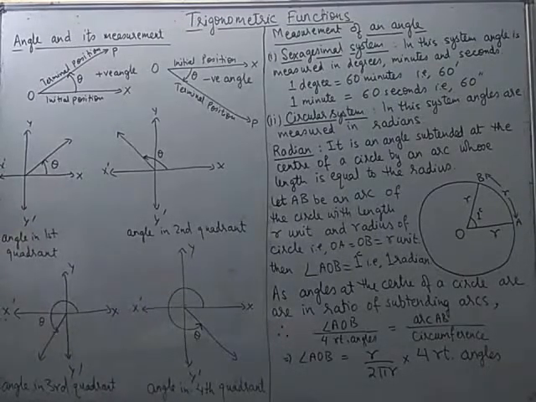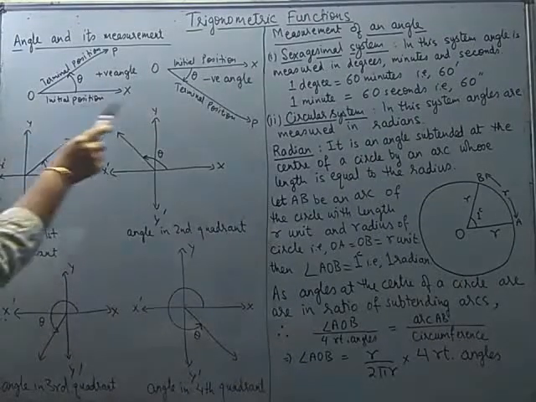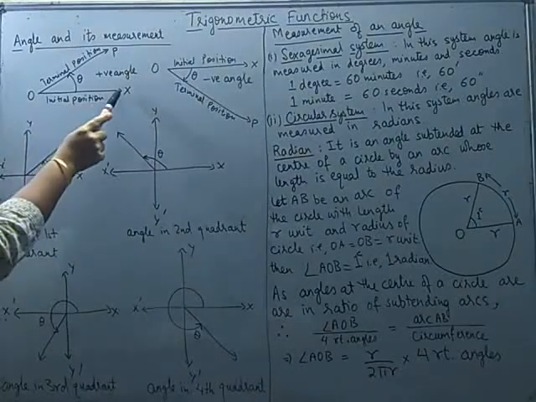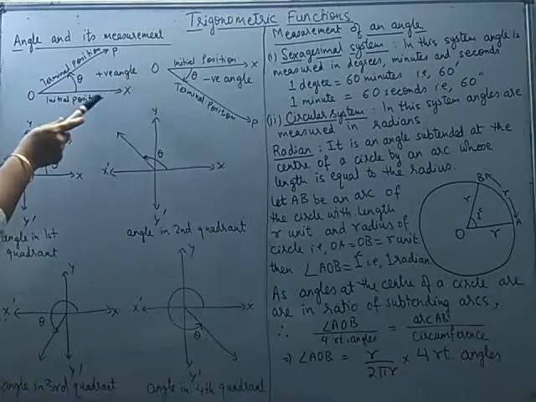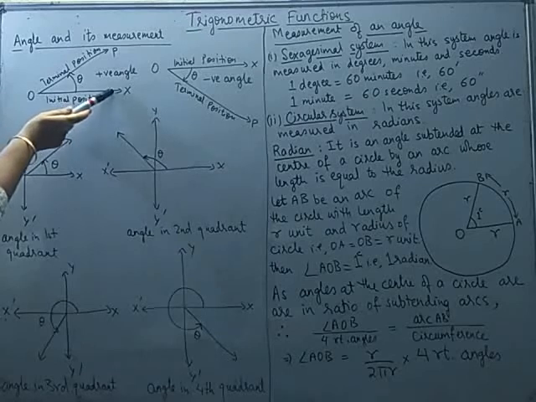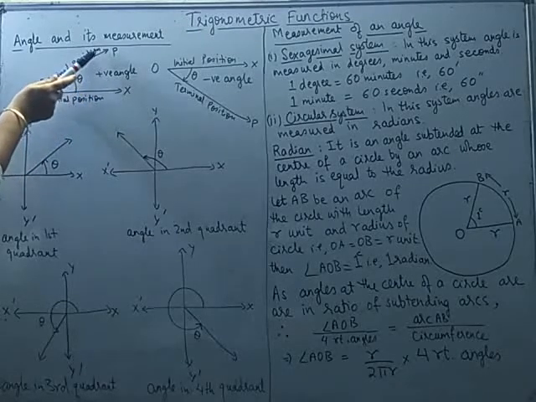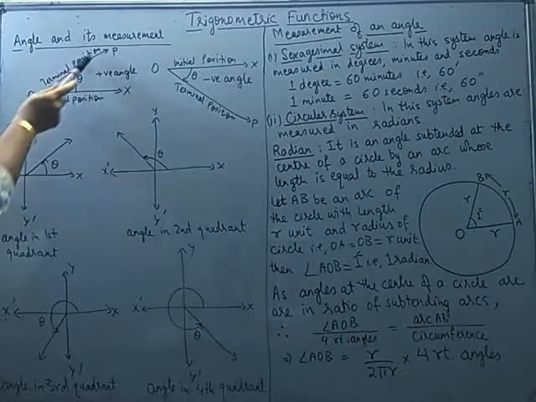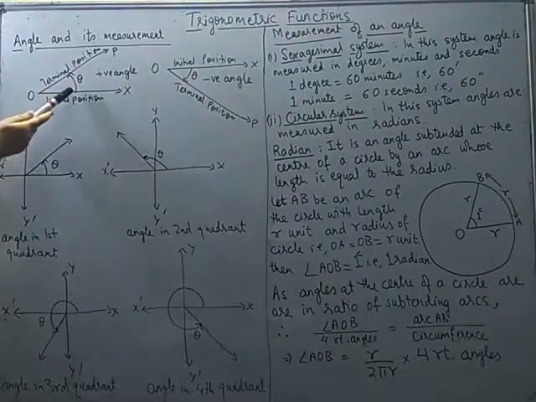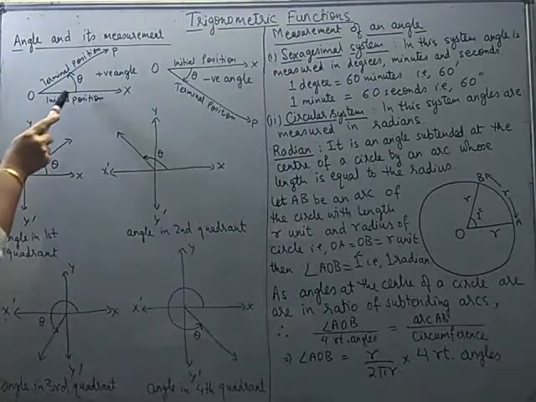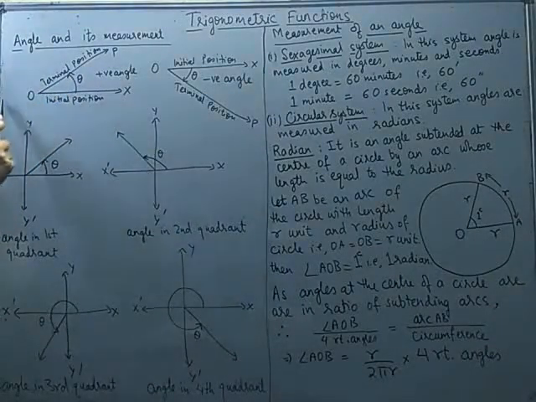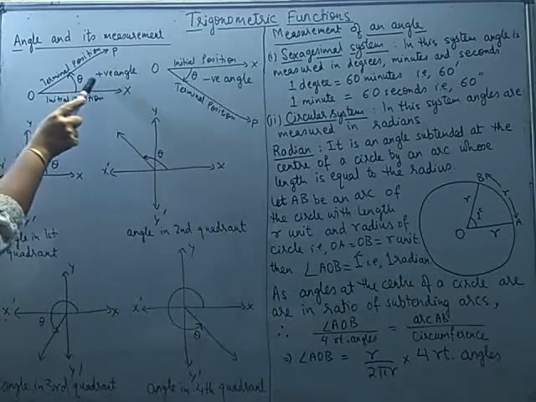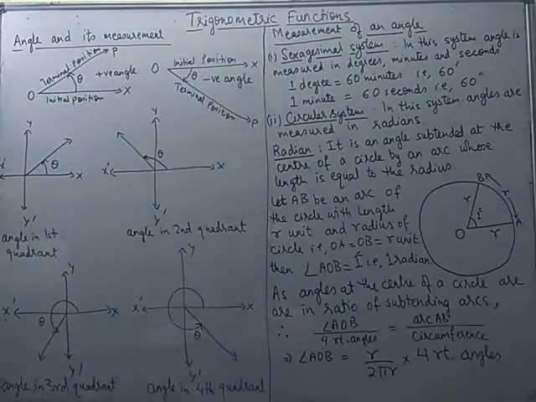First, let us know how the angles are being denoted. You can see these two figures. Suppose OX is the initial position, and from here the angle moves by a certain measure and takes a new position. You can see the movement is taking place in the anti-clockwise direction. So this is the actual way the angle will be measured. These angles are termed as positive angles.